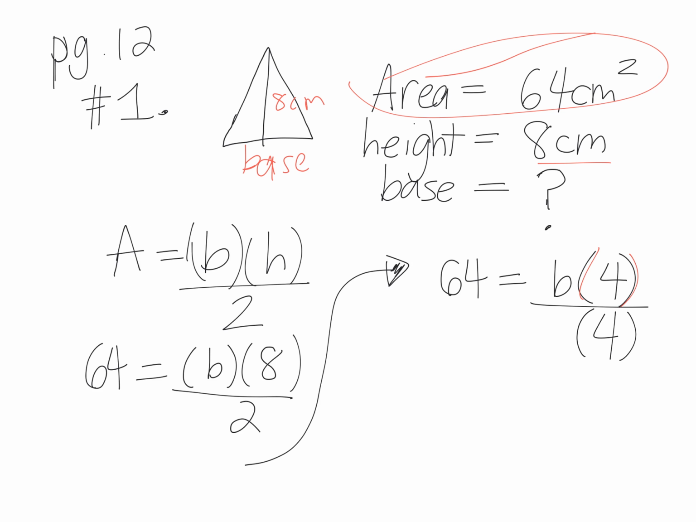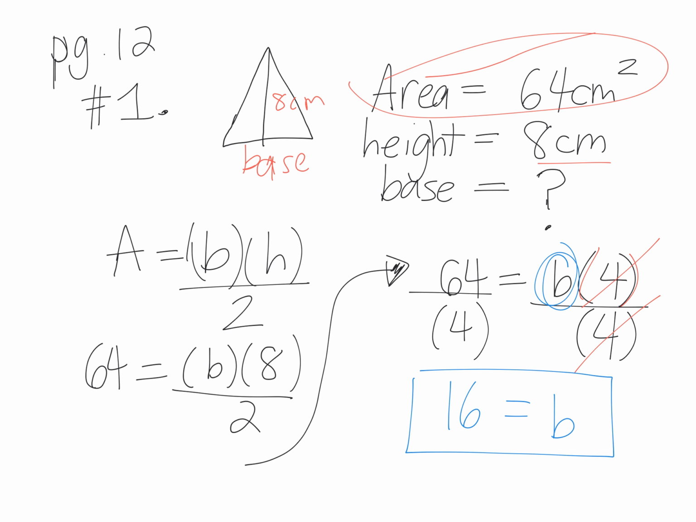4. Good. That cancels out, reduces to 1. What do I need to do to the other side of the equation then? Divide by 4. I'm left with just the B. What's B equal to? What's 64 divided by 4? 16. So the question said, what is the base of the triangle? So what's the base of the triangle? 16